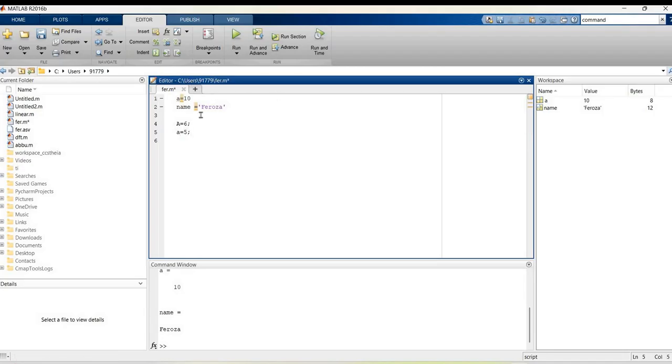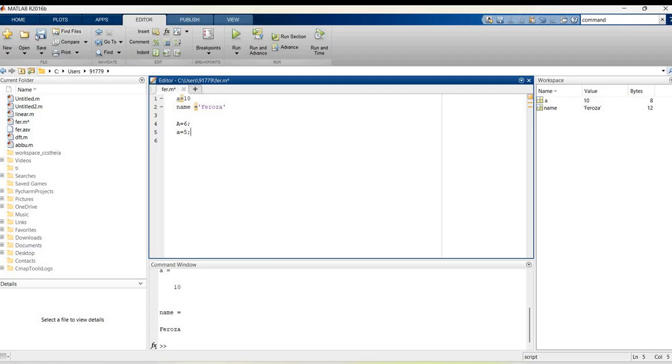So what should I get? Small a is 10, already assigned, and capital A is 6, and again I am giving small a as 5. Which value should I get for small a? Or will I get small a is equal to 6?